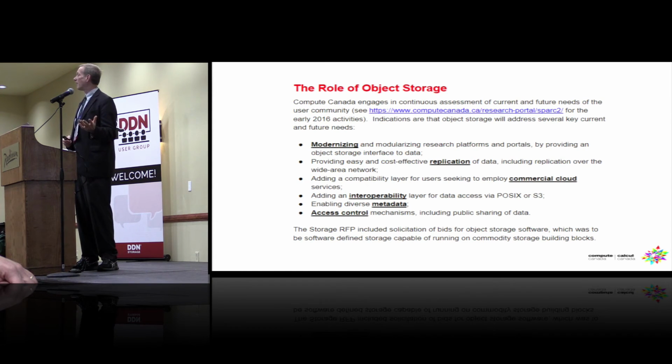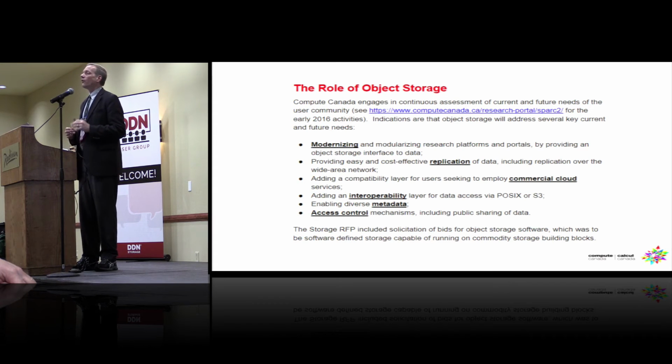So they want to have maybe a little bit better than a POSIX access control list level of control over data, including publishing externally, which of course you don't really publish externally from your Lustre file system typically. So there's a couple of use cases that object storage seems to do pretty well. One of the main ones that motivated us was